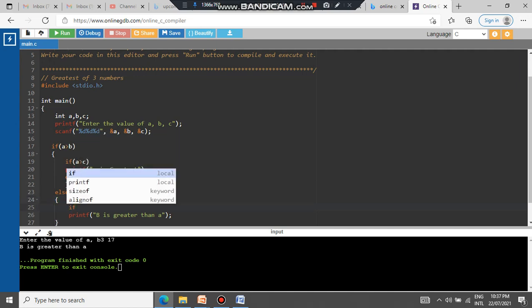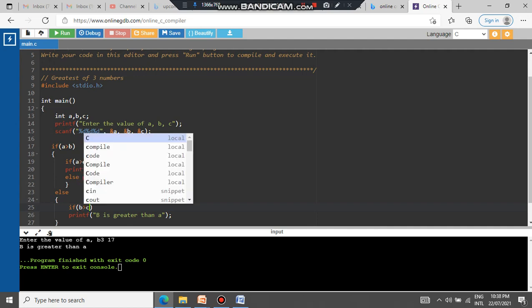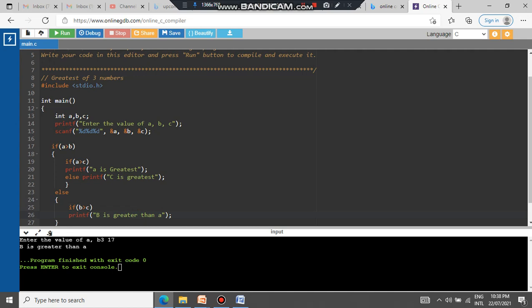Initially we found that a is greater than b is not true, that is, b is greater than a. Now I am comparing b and c. So if b is greater than c, in that case b is the greatest.